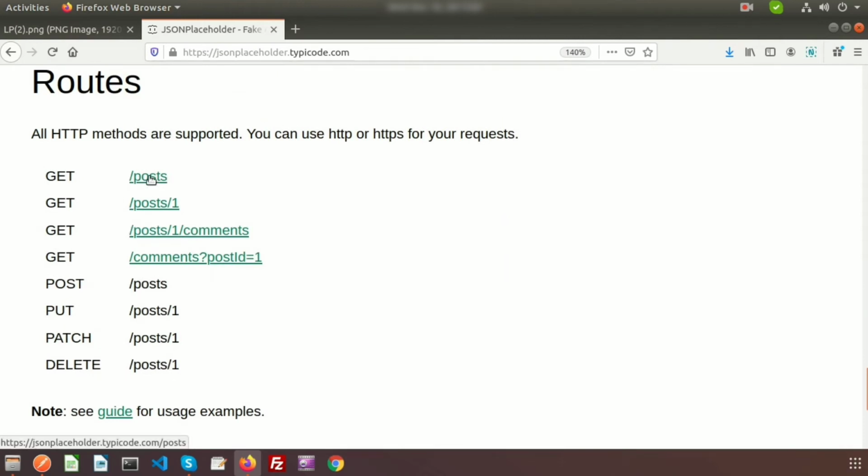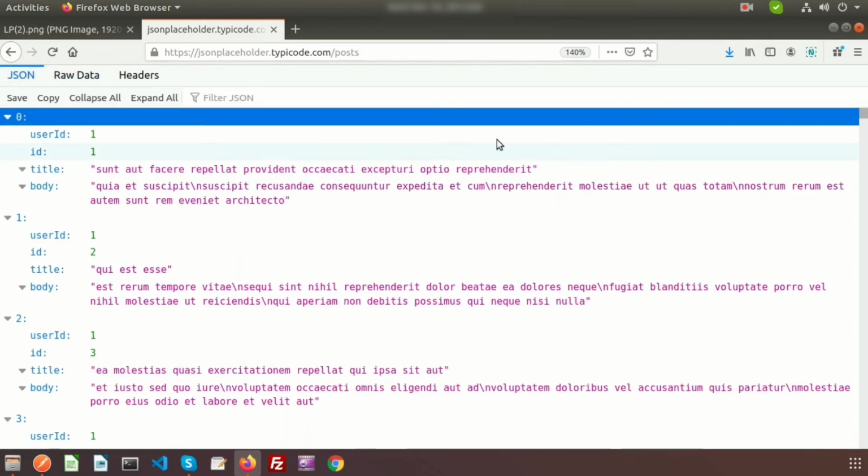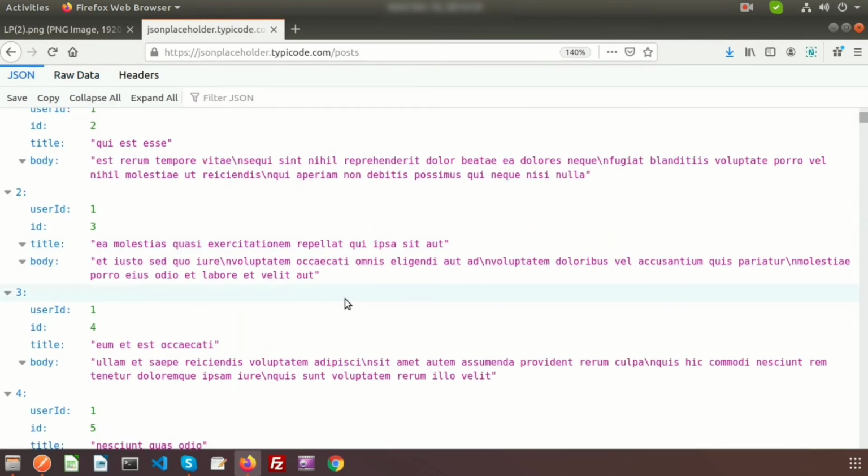If we click on this link, we can see lots of JSON formatted data. This is the raw data and this is the JSON data. This type of data is accessible in the front end as well as the back end. So JSON is the intermediate language for both ends.